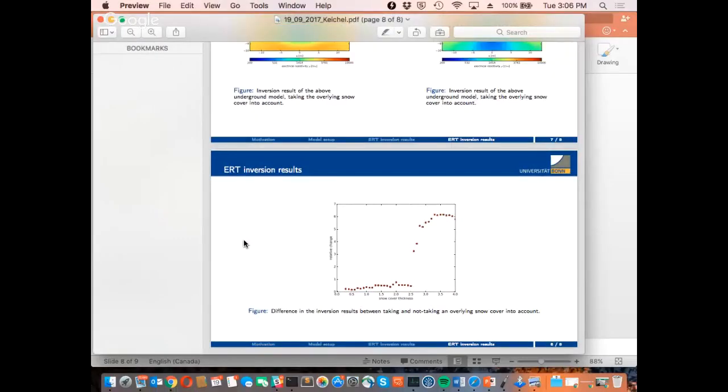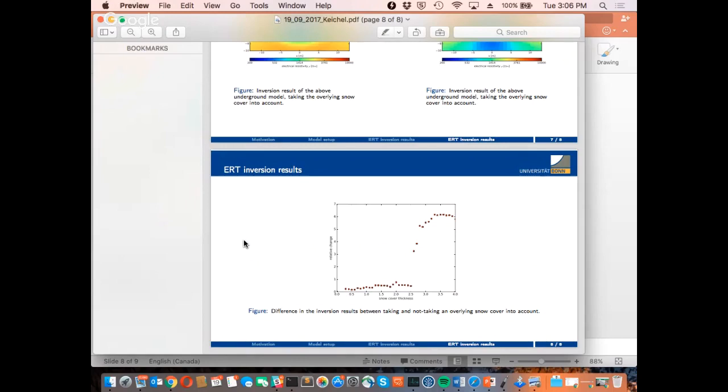So the resistivity that you have for the snow cover and ice and water, did you say 200 ohm meters? It's 250,000 ohm meters. And I picked these resistivities up from Krautblatter, who did analysis in permafrost, and he wrote in his paper what the typical resistivities of permafrost are. And so I did that, and the conductivity of the snow, and this is what Andreas asked me before that,